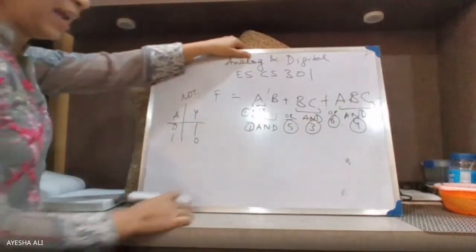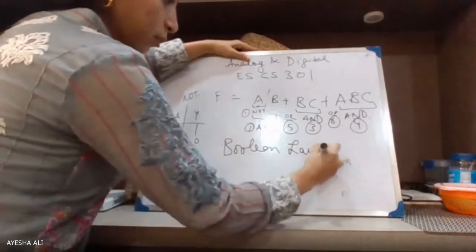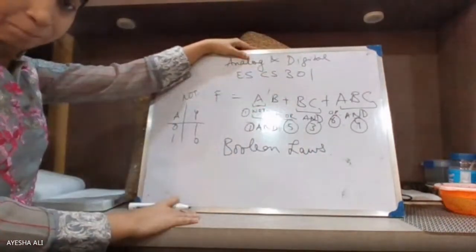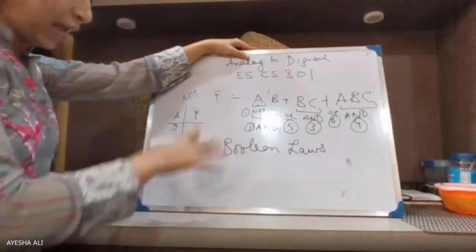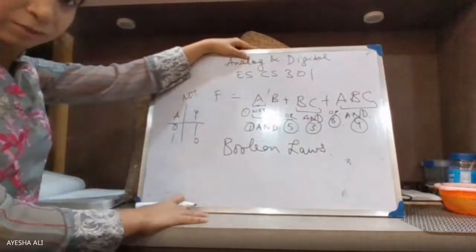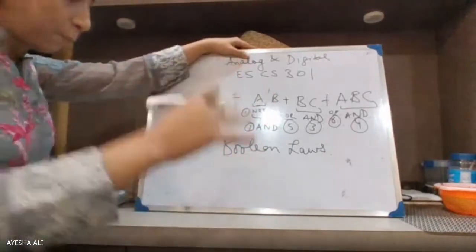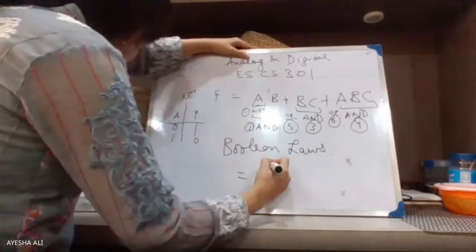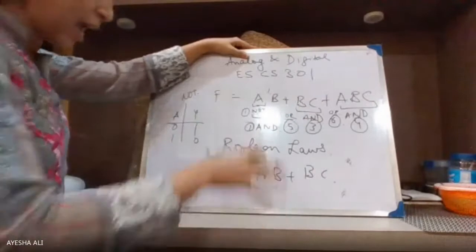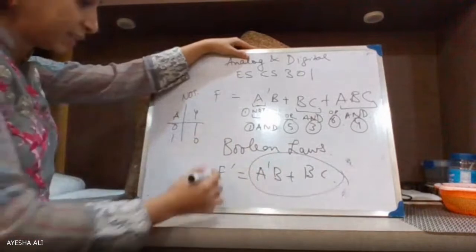Now the entire aim of using Boolean laws in an expression is to minimize the expression. Our entire aim of using laws in any logical expression is to minimize the expression. Not just minimize. Suppose I applied a number of laws and rules on this expression and my final output I got is this. Let's say this is F bar.